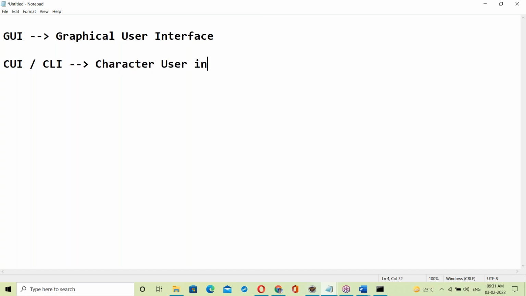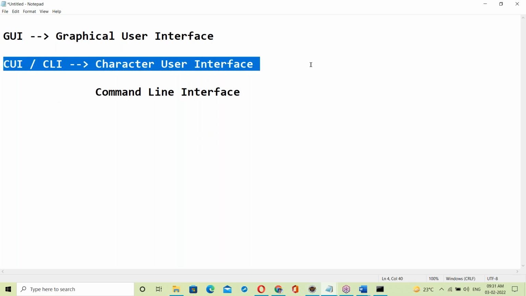CUI stands for character user interface. CLI means command line interface. Both are the same, CUI and CLI.